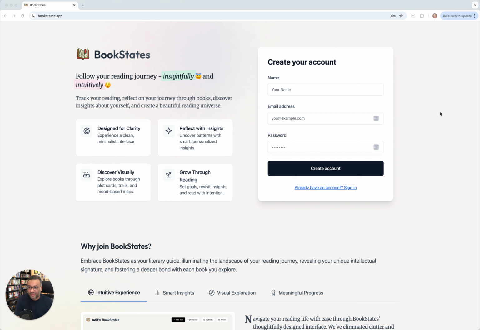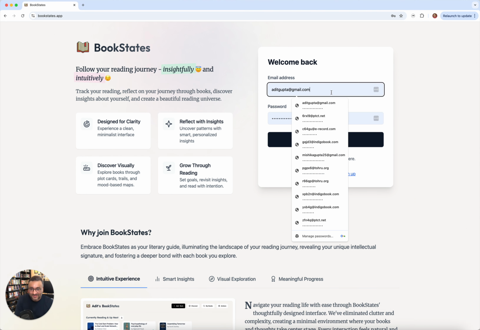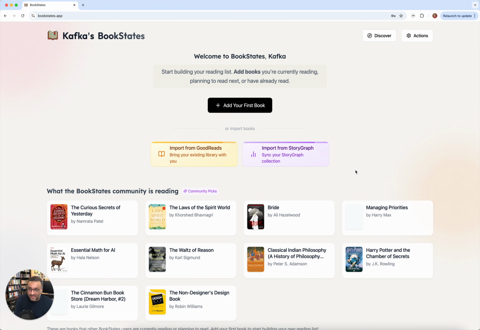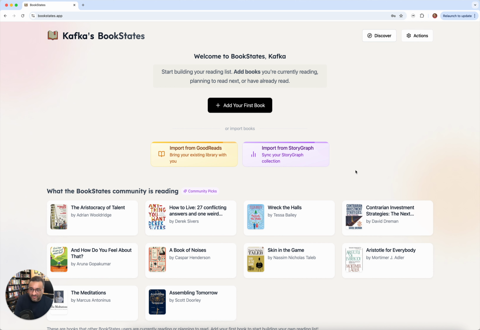We'll start with a new account because I want to show you how easy it is to get started with BookStates. So we'll sign in, and once you are in, you will see that it's very easy to add your books here. You can either just click on add your first book and do a normal book search and add that book,